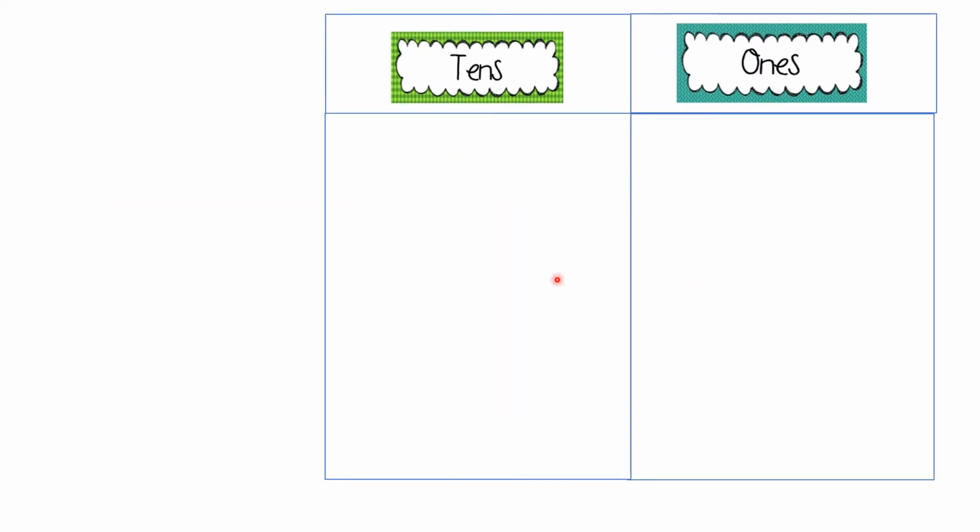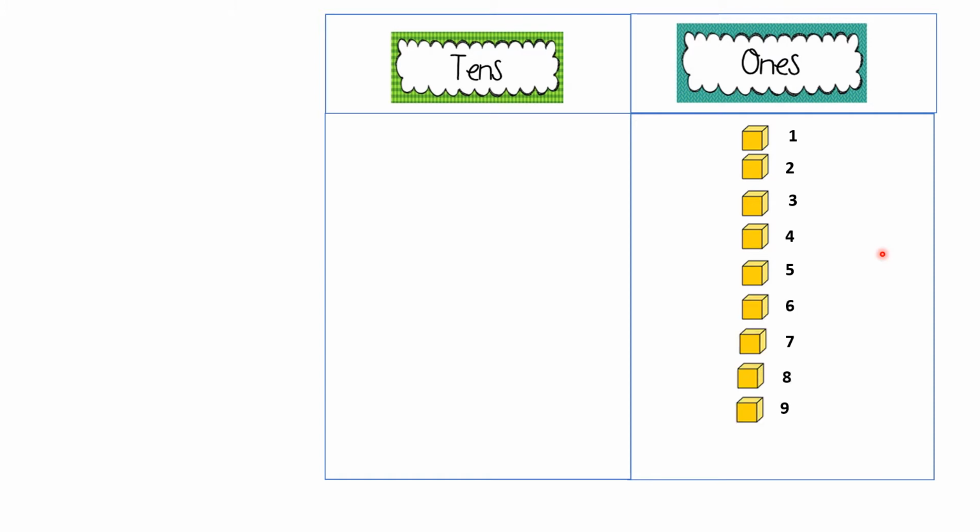Let's write the numbers. Let's start from the ones place onwards. We will consider the unit blocks: 1, 2, 3, 4, 5, 6, 7, 8, 9. Here, as it is the ones place, we will have only single digit numbers. After 9 it is 10. We cannot accommodate 10 here in the ones place because 10 is a 2-digit number.